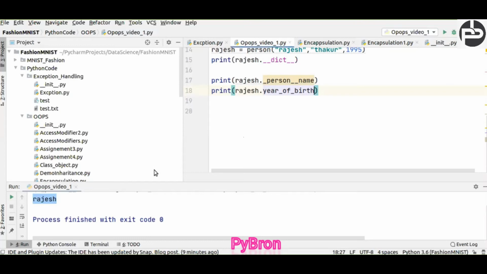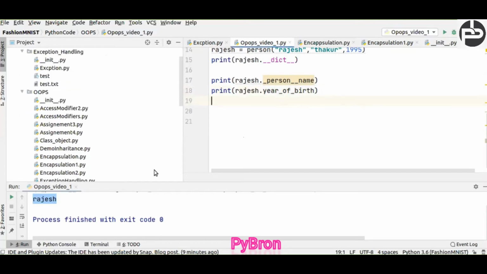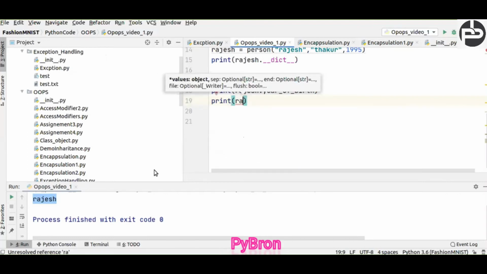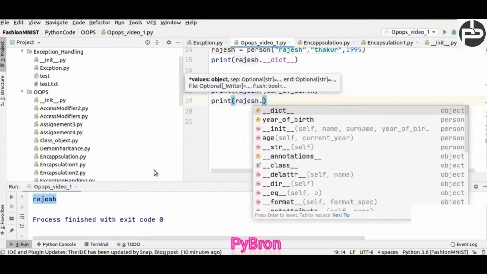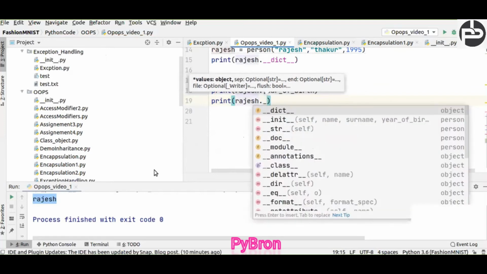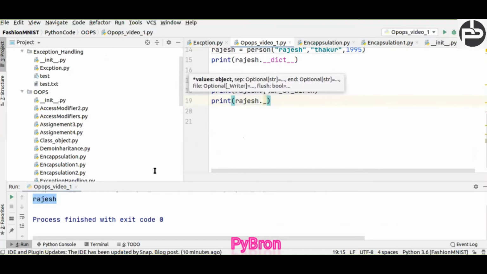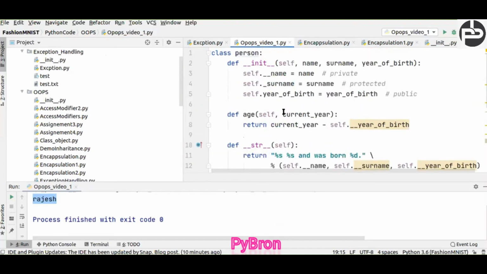So the protected data we should call like this: print Rajesh dot underscore, and what is that variable name? Can anyone please help me out? The variable name is surname.